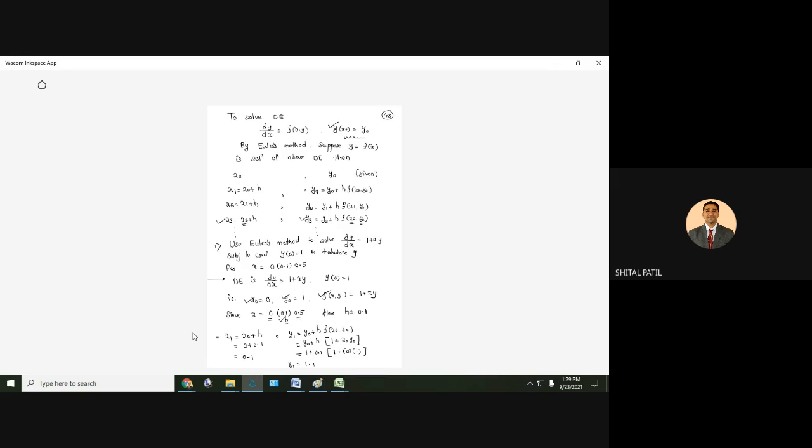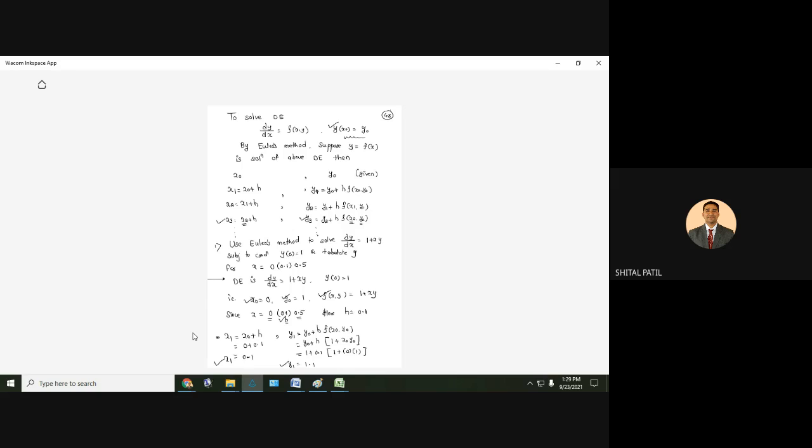Okay. So now we know the x1, right? This is the solution of the differential equation. When x1 is 0.1, the corresponding value of y1 is 1.1. Hope you are getting it. One solution was x naught, y naught: when x equals 0, y equals 1. That was given in the example. Now we obtain one more solution, when x1 is 0.1, y1 is 1.1.